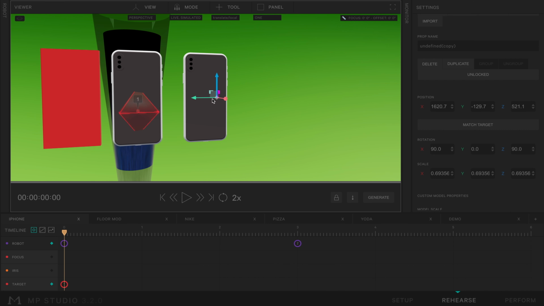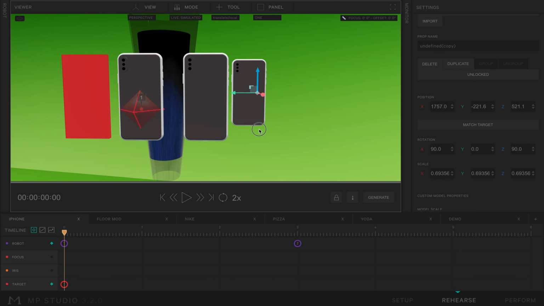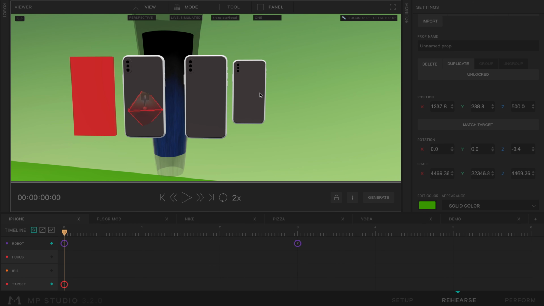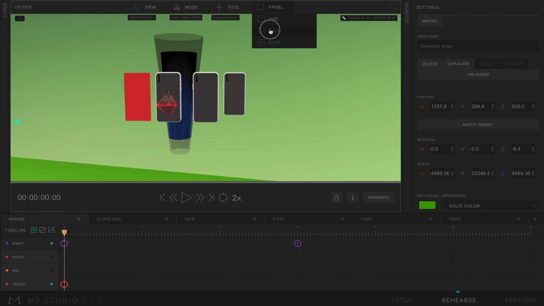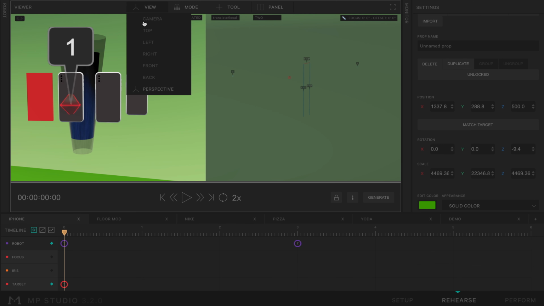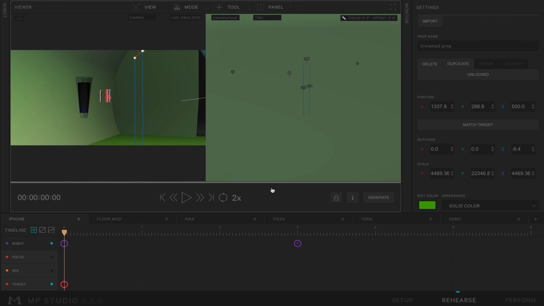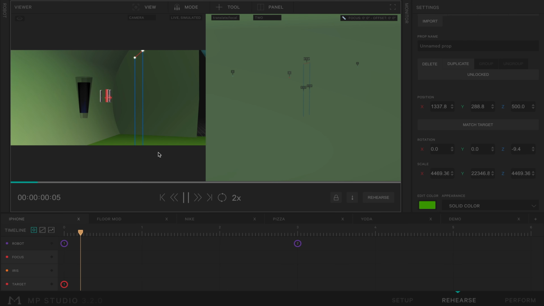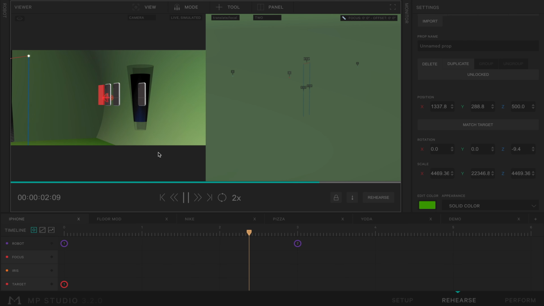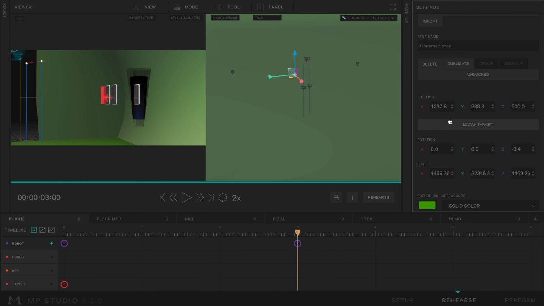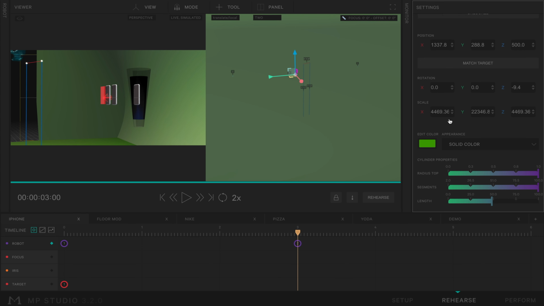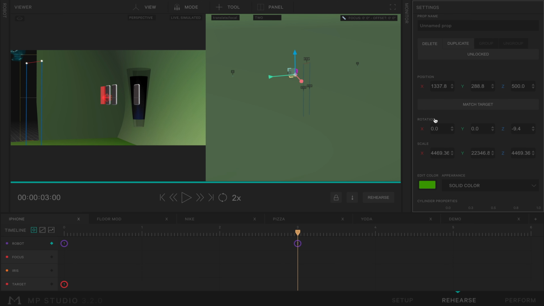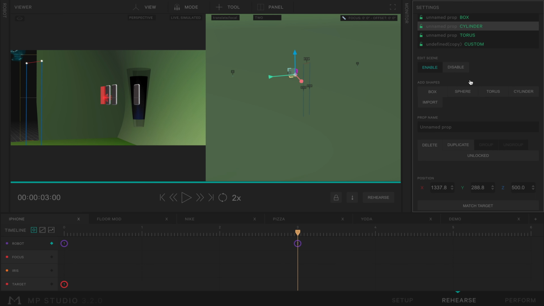And then of course you can just hit D and duplicate your phones as many as you want, have them in the scene where you can look around them. And then for this particular scene, I made a really big green screen room and made some corners. I have it inside of a cylinder so I can kind of mock up what a green screen shoot would look like. Cool. Those are pretty much all the features: measurement tool, import tool, objects, what you can do with them, the